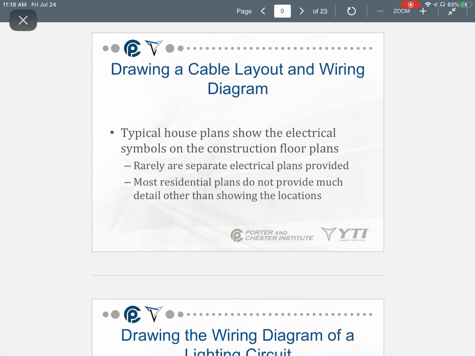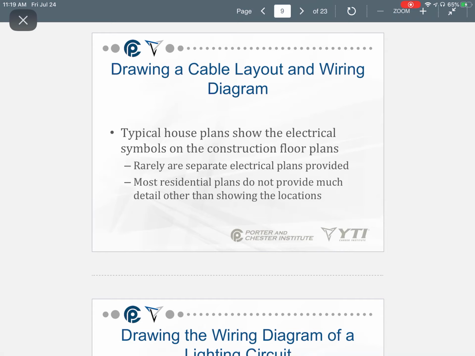It could be a general contractor who's building a series of houses. So we don't rely on plans as much with dwelling units, just so you know. You're going to see that a lot more in commercial. But it says rarely are separate electrical plans provided. So that's true. So if you do happen to have plans for a residential dwelling, they're probably not going to